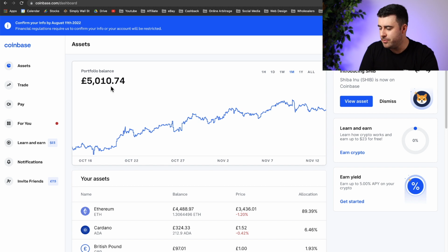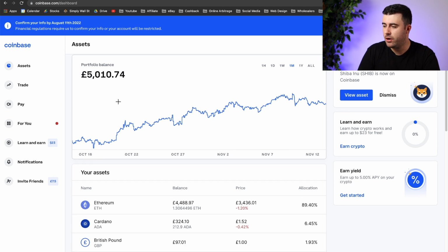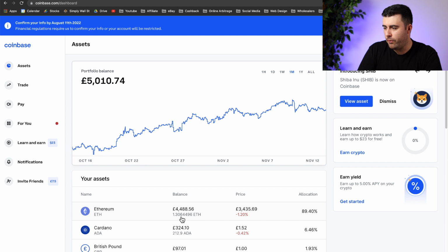But I'm not going to waste too much time on this one because there's not really that many cryptocurrencies I actually invest into. And as you can see, if we scroll down, my highest conviction cryptocurrency right now is currently Ethereum. I hold roughly 1.3 ETH with a balance of £4,488.56. As you can see, that's constantly changing, and that's 89% of my cryptos that I actually own is in